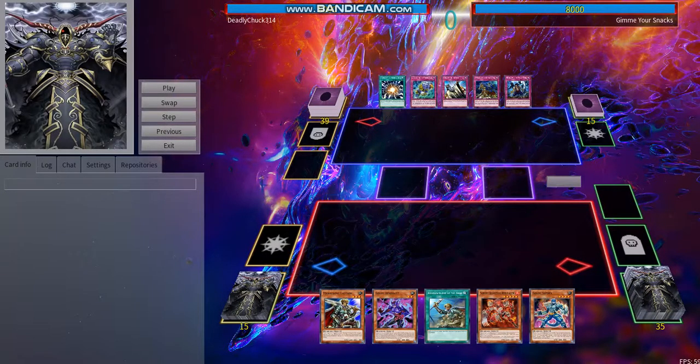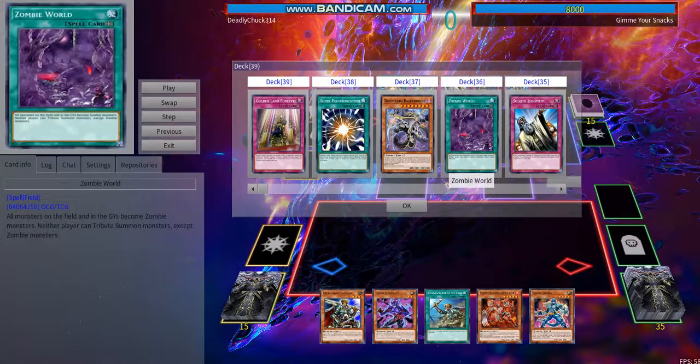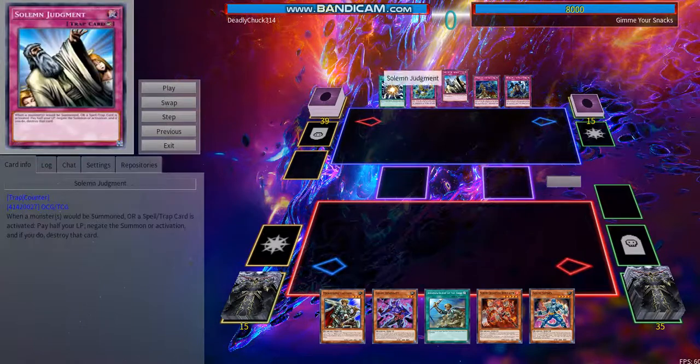For our first duel, we are up against Zombie Eldritch. As you can see, they have the Zombie World, Ballad Rock, all of that stuff, and I've opened Super Poly. Now, I did say Super Poly isn't out to this board, but I'm pretty sure that there are only 2 Super Poly targets that out them. One target is very widely used in the form of Muddy Mud Dragon, but Zombie Eldritch does not actually play